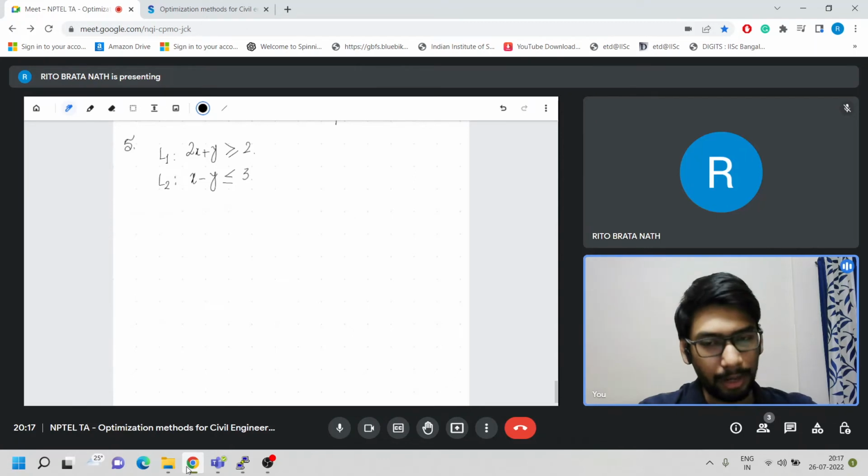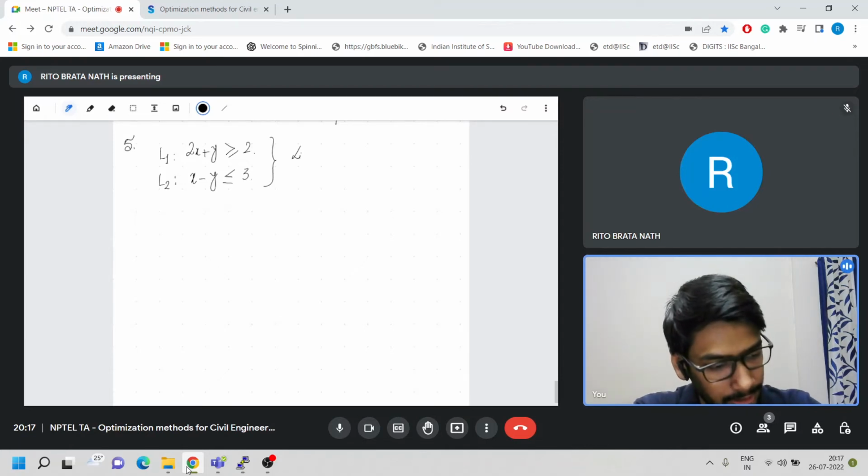Now what you need to do is draw the feasible region bounded by these lines, and then probably I'll add some more lines and ask you how to draw the feasible region for that as well. Essentially these can be linear constraints in your